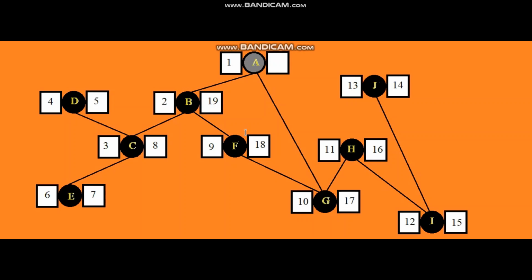At last we will visit our starting node A again and check if it has any unvisited child left. We can see that A has a child G, but it is already visited and has finished exploring, so all that is left is to finish our journey here. The ending time of A will be 20. The starting and ending times are provided accordingly. This is the way of visiting the graph in alphabetical order.